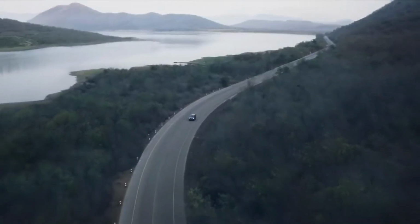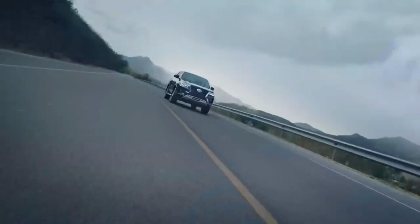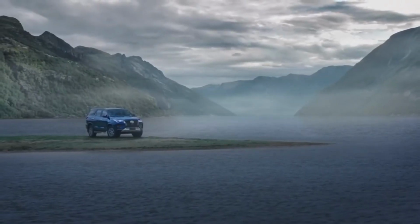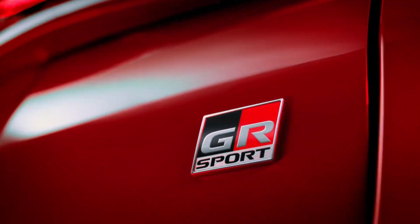Right, so that's it. Let me quickly jump onto the standard models, which also come with 3 trims, 3 sub models, and there are 6 exterior colors that you can choose from. You start with the dark blue mica. I'm sure you've seen that in the footage. So emotional red, white pearl CS, dark gray metallic, you've got a silver metallic, and then an attitude black mica